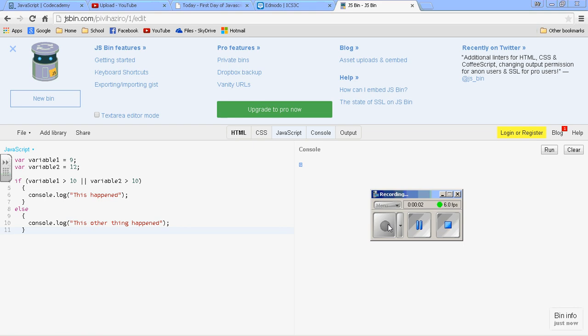Okay, here we go with part 2 of the ifs video. I've written a little tiny program here that shows us an if else, and notice we've got two numeric variables. Variable 1 has a value of 9 and variable 2 has a value of 12, and we've got a